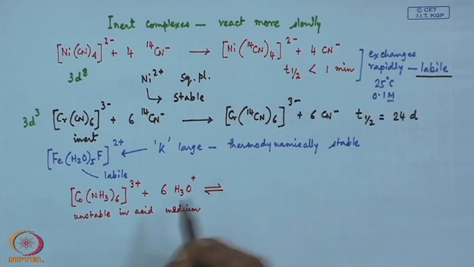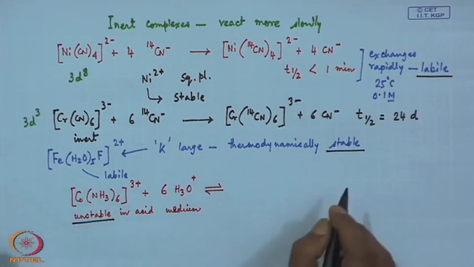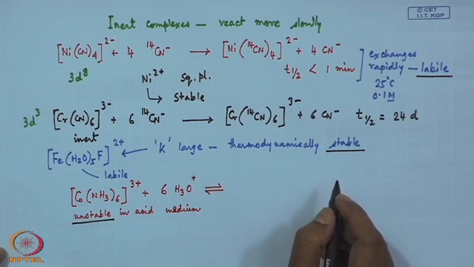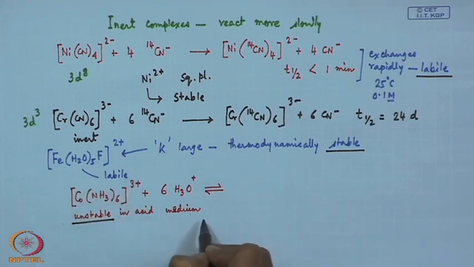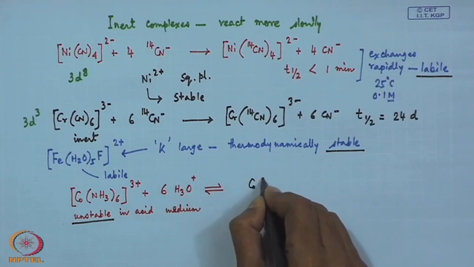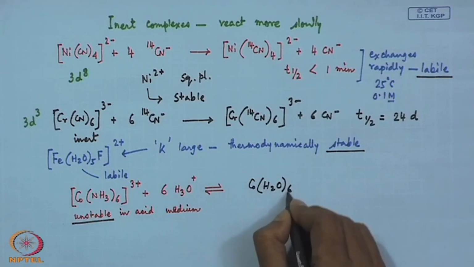That means thermodynamically it is unstable, since it is stable in itself but unstable in acid. So these two things are going in some cases not in the same direction, but what about its corresponding kinetic term? If we put it in the acid medium, it definitely can go for the corresponding decomposition to give us the corresponding hexa-aqua compound,